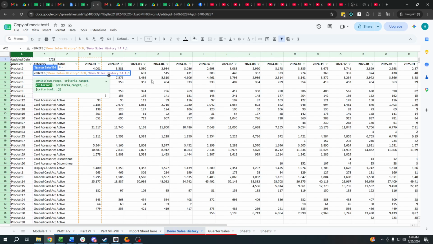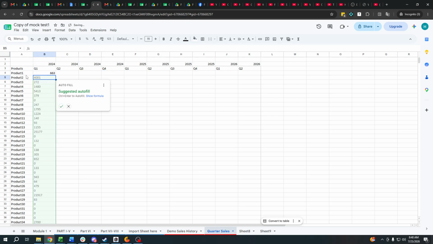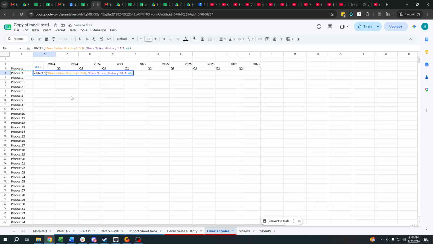If I press enter and then edit again, delete the number one and then press the product one, and yeah, as you can see, and then do the same thing with February and March. So as you can see, it's possible, but it's not efficient to me.